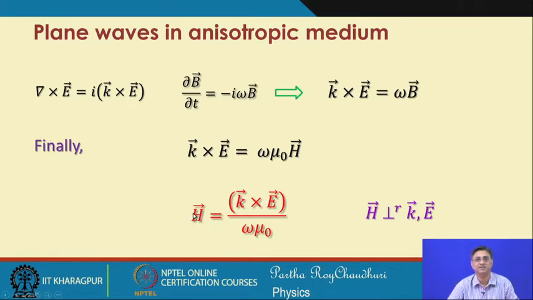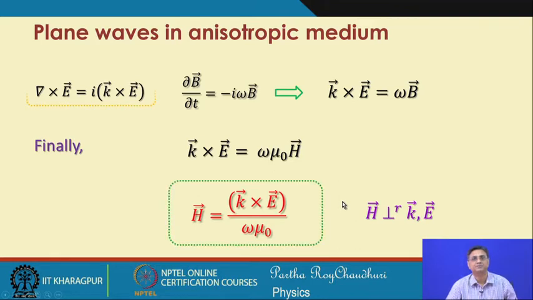That means h is perpendicular to both k and E, that is, the propagation direction and the electric field direction. But that does not mean that k and E are mutually perpendicular. We have to see how they follow this relationship, and to do that